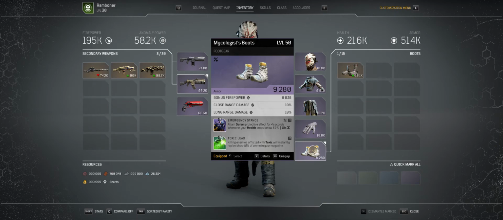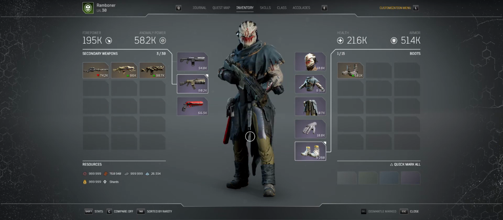Your life leech keeps you up. I face roll most of the expeditions in about 5 or 6 minutes tops with this build, and everything just dies. So if you guys like the setup, just copy the stats,